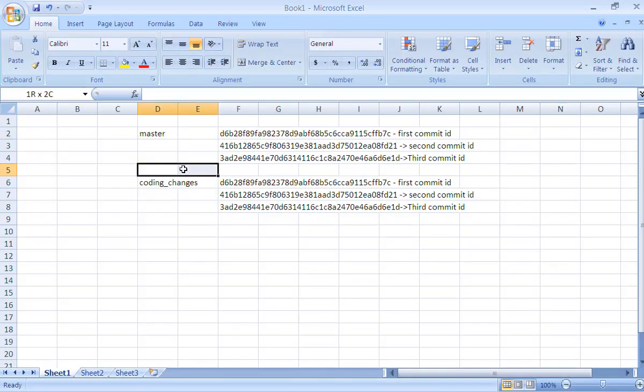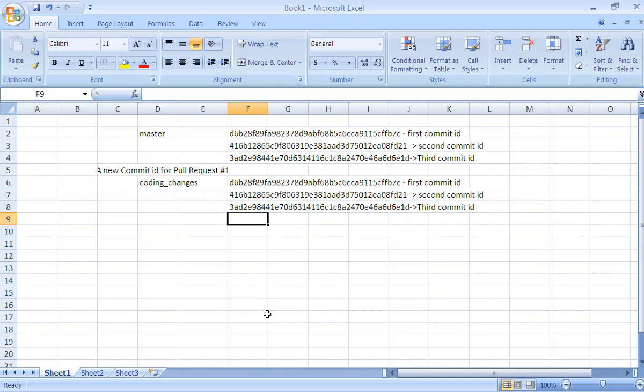Not only this, I'll clearly mention here, we get a new commit ID for pull request 1. This is very important. This is part of the master branch.